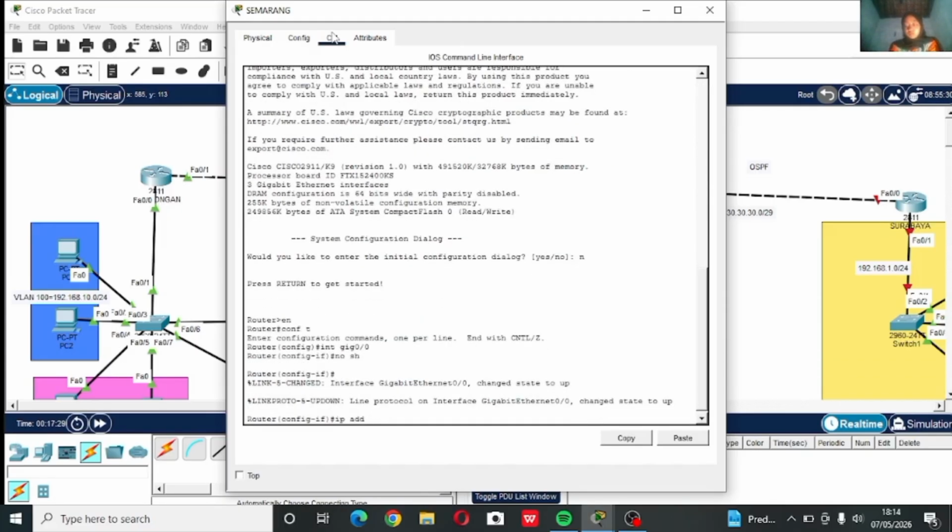Then configure the IP address on the Semarang router.